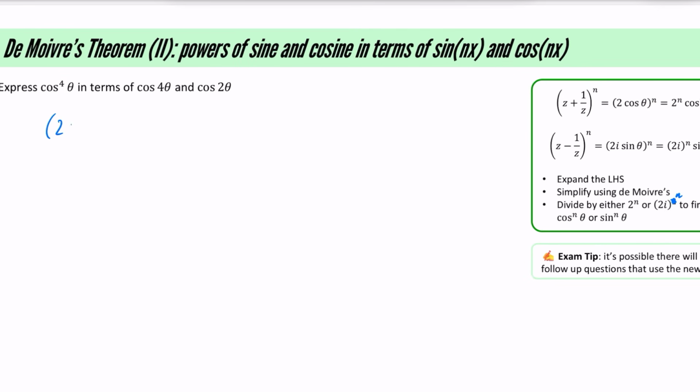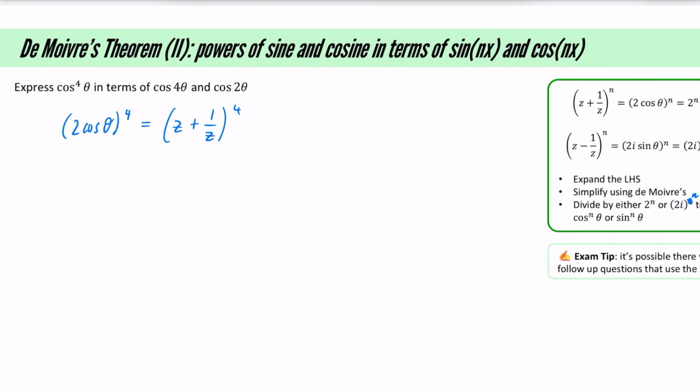So my 2 cos theta to the power of 4, that is my z plus 1 over z to the power of 4. Okay, so the left-hand side is going to be my 2 to the power of 4 cos to the power of 4 theta. And my right-hand side, I'm going to do some binomial expansion with this. Some people prefer to do this with the z plus z to the power of minus 1 to the power of 4. Quick reminder that the coefficients for the binomial of a power of 4, they go 1, 4, 6,